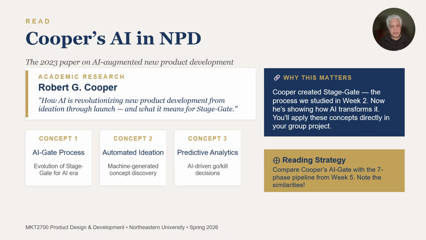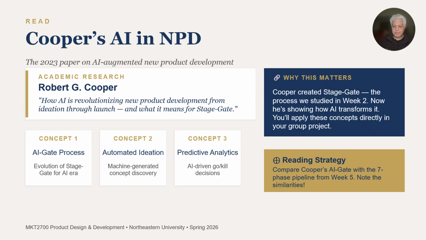Three key concepts that you're going to encounter this week. First, the AI gate process. It's obviously an evolution of stage gate where AI tools are embedded at every decision point. Second, automated ideation, and that's using AI to generate and screen hundreds of concepts, much like our 7-phase pipeline from last week. And third, predictive analytics, and that's using data-driven models to make go or kill decisions instead of relying